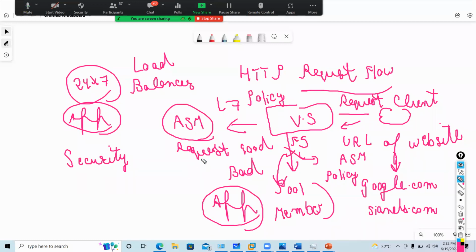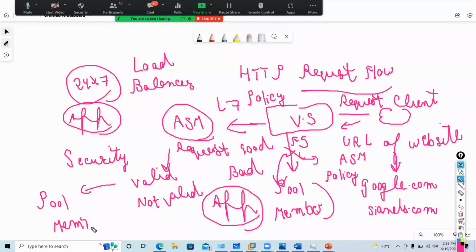But if it has a layer 7 policy, then it will check whether my request is valid or not valid. If it is valid, then only it will forward to your pool member. If it is not valid, then it will block it. So that is how your traffic flows.